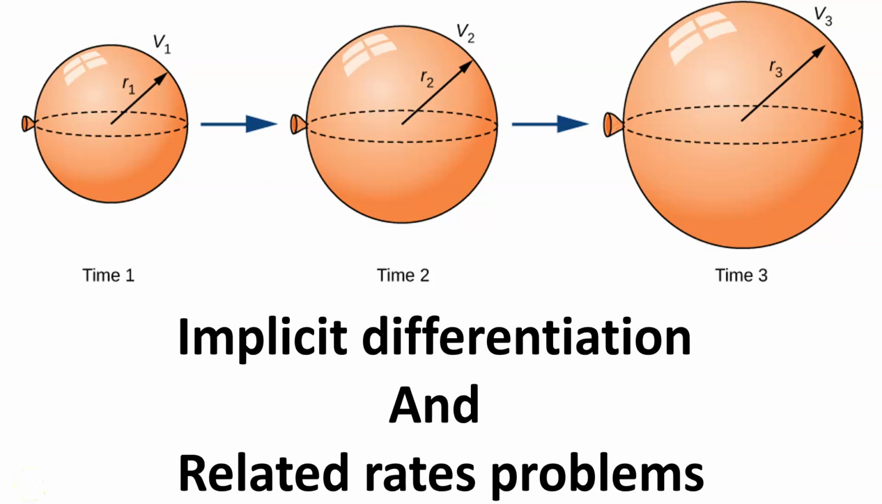Hi, this is Professor Cummings, and I want to do another video here to discuss implicit differentiation and how it relates to related rate problems. So this will be one problem that we wanted to go over. It's a good one to go through because it really shows